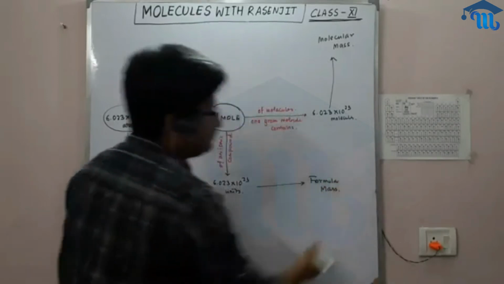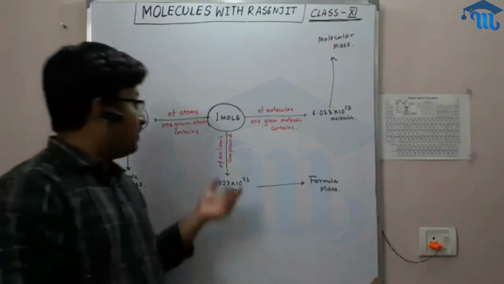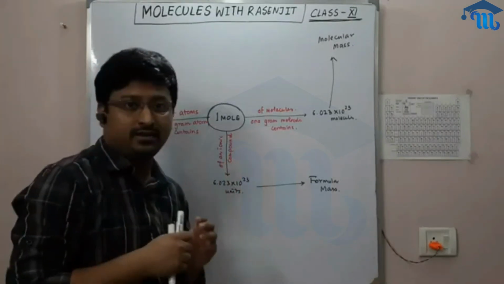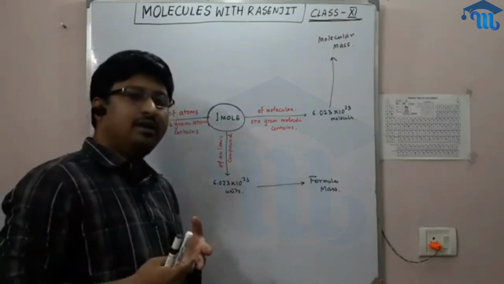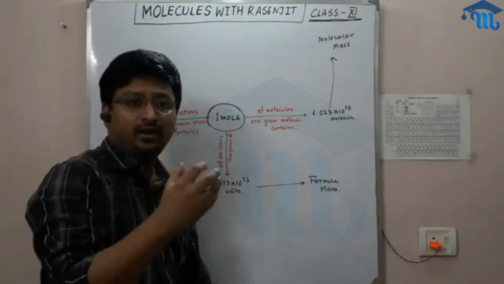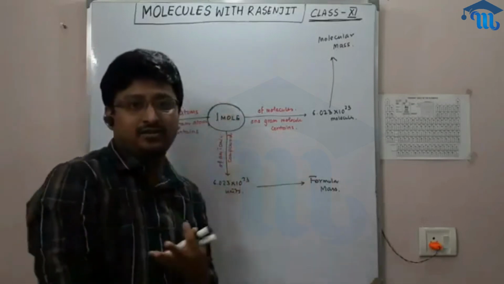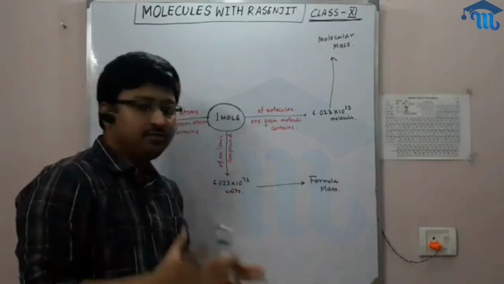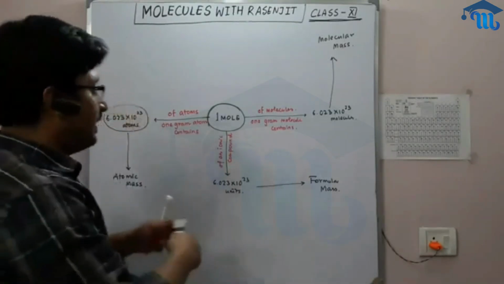Now, why formula mass? Because ionic compounds are known to have a close pack structure. Due to this close pack structure, they don't have a particular molecule, because the atoms are arranged in a different fashion. So what they have is basically their formula mass. They don't have a particular molecular mass. Okay, and the last one,